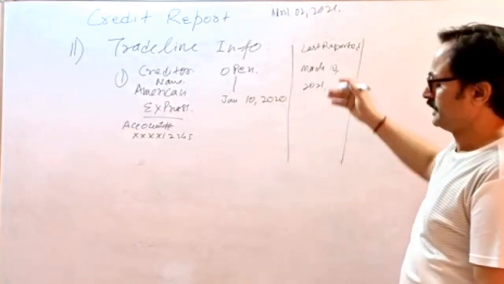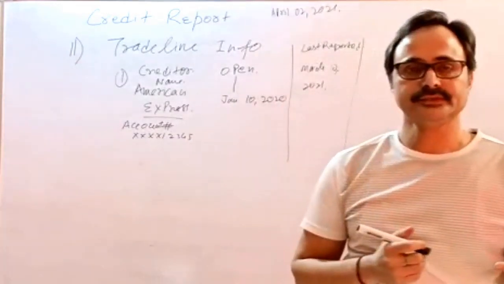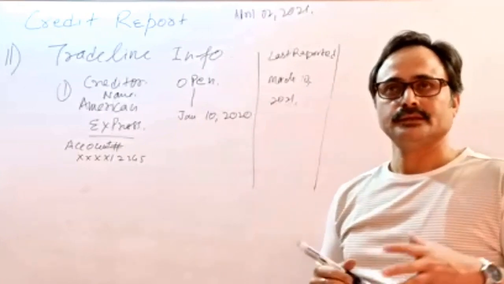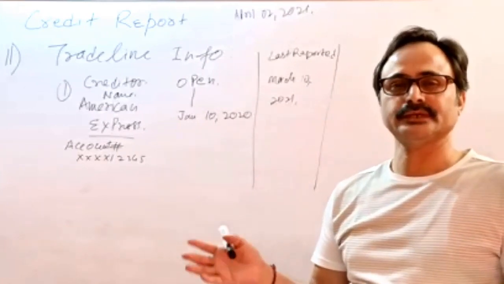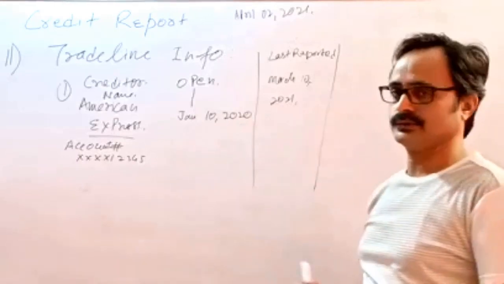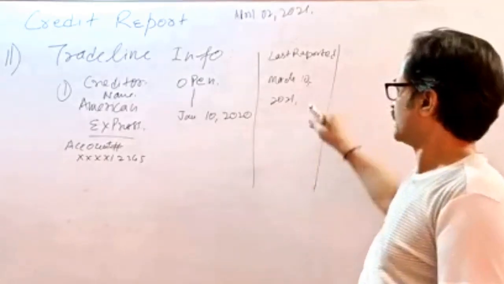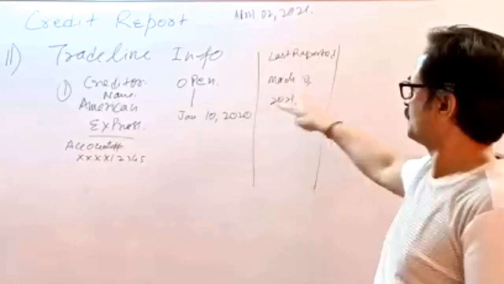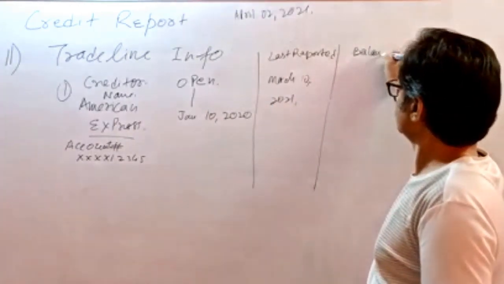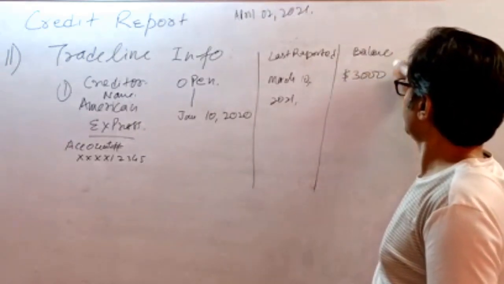If after that there is a possibility, like it's a credit card, maybe 6 months back somebody did some shopping with that credit card, and that is the amount currently going on. After that, it has not been utilized. So till last March, when the information was reported, there could be an outstanding balance of $3,000 that still needs to be paid.